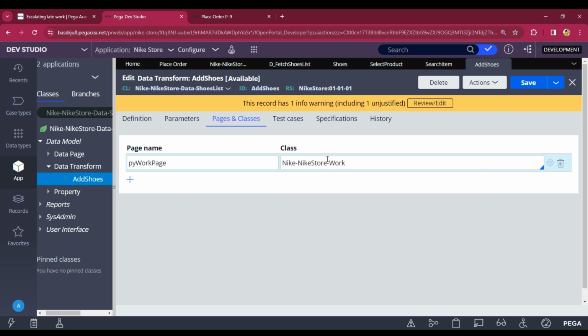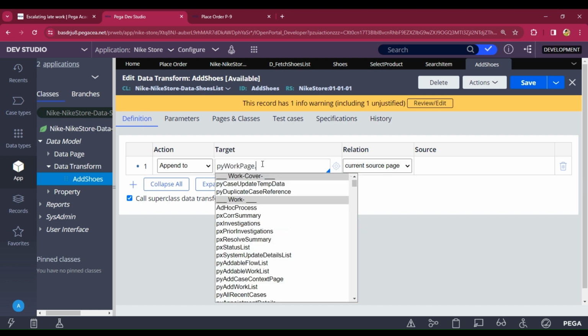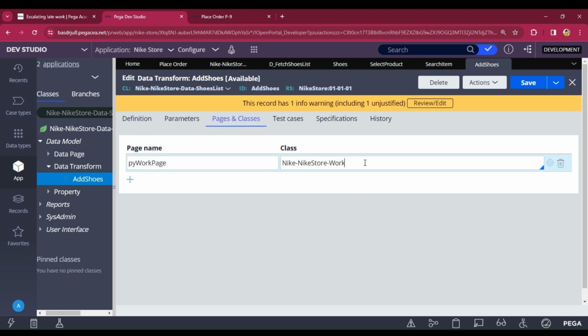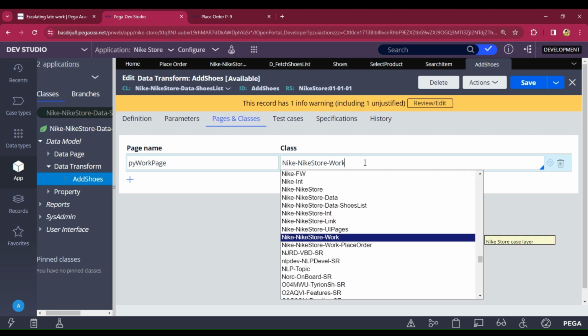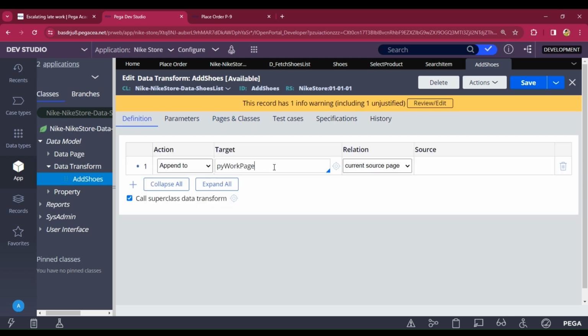Okay, fine. Definition. And just go to your page dot. I have to give the correct class, work hyphen place order, yeah, and definition. Then we'll get the cart and click on save,